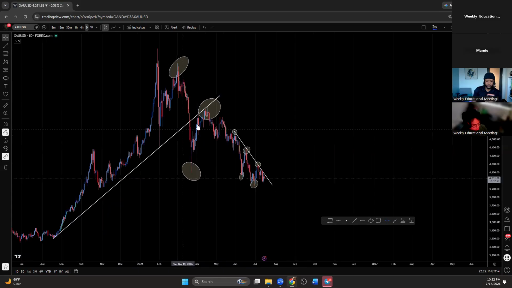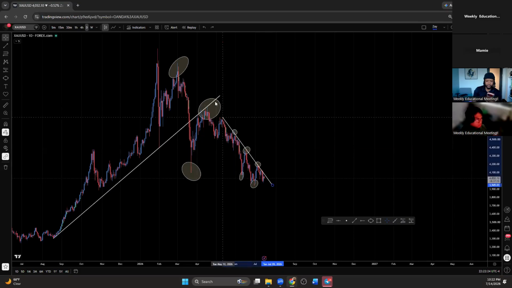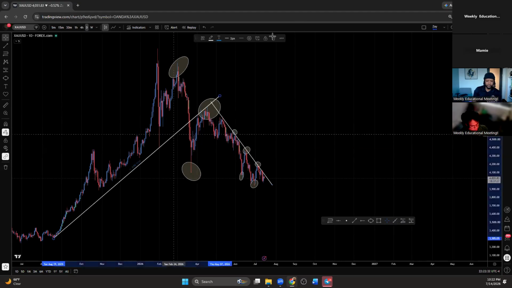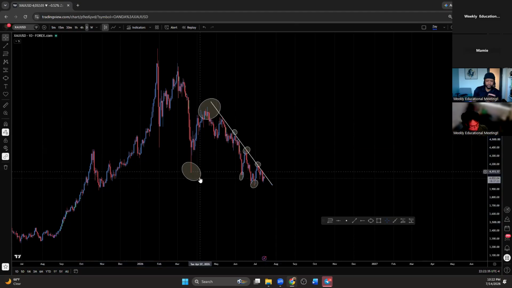Instead of this upward trend, you're kind of going with this. Let's pull this all the way up. You're kind of going with this little downward trend that the market is kind of giving you, right? And we're no longer focusing in on this right here. Trying not to put too much on the chart, but I gotta make sure you guys are following how I'm getting this stuff. I'm not just making it up.